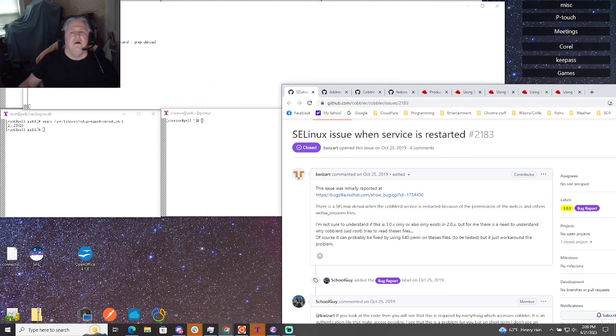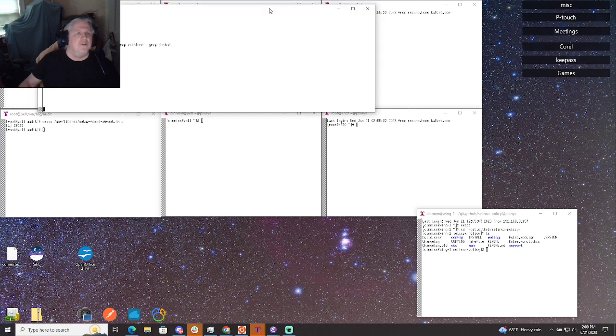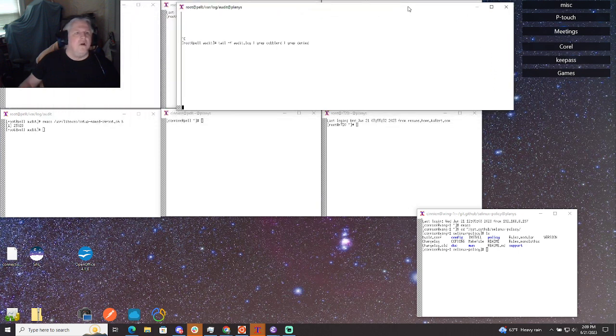Let me go ahead and just drag this over to the other window. Take a look and see whether or not the process logs errors in a log file under /var/log/audit called audit.log. Now what I've done is I've set up a file with the permissions that it had when we exhibited the problem. We can take a look at those by the command ls -laZ and then we'll add our file name, /var/lib/cobbler